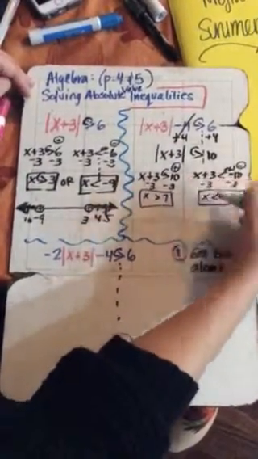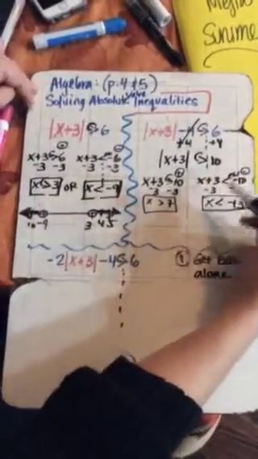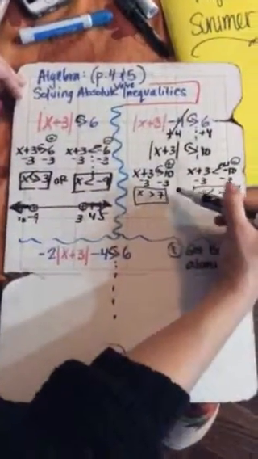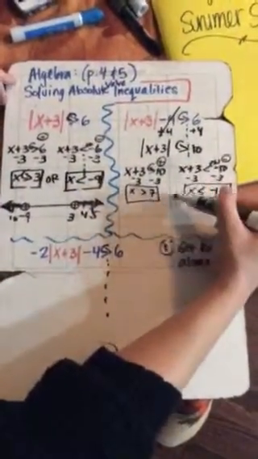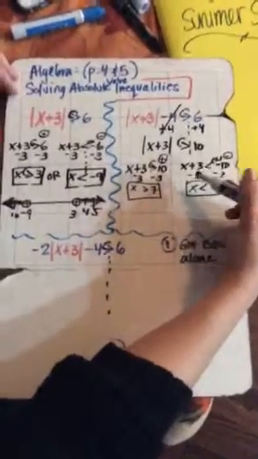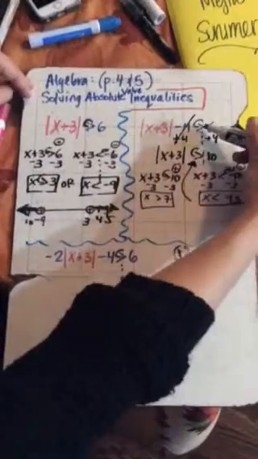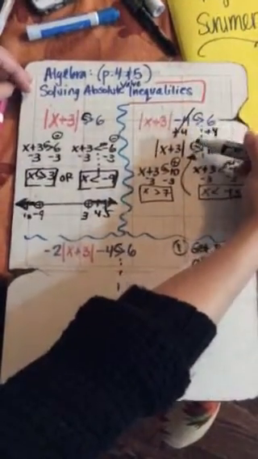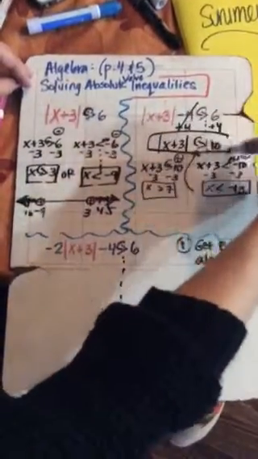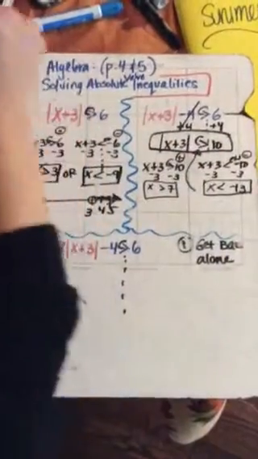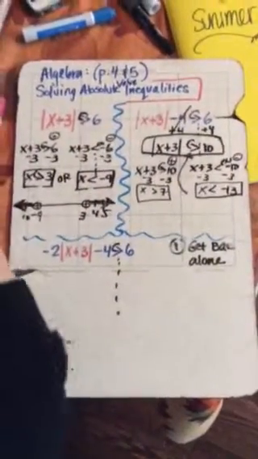And then we have two inequalities. So we have to know, is it this one and this one, or is it this one or this one? So we go back to where we got the bars alone. We don't go back to the original problem. We go back to where we got the bars alone. And then we look at the symbol that we have